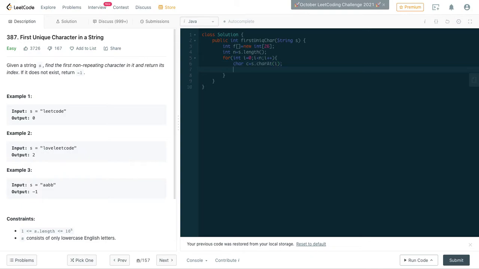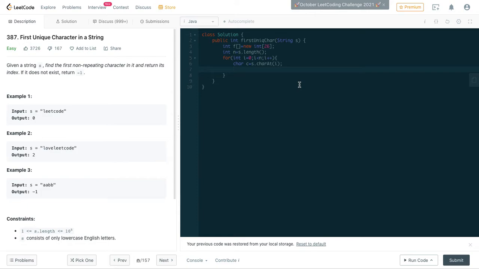After that, the way we are going to use this array is that suppose we have a character A. Its frequency would be stored in index 0, and for B, its frequency should be stored in index 1.